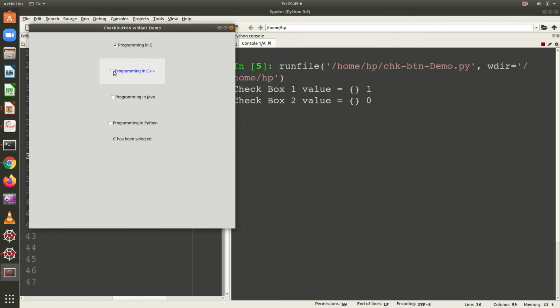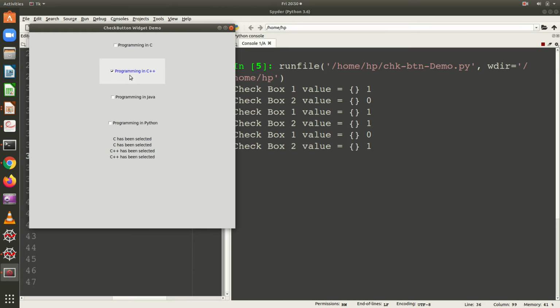And when I check the second one, both the checkboxes are checked or on. So I have got C has been selected, C++ has been selected, and both the check boxes are now having value 1 and 1. Now when I uncheck the first one, only C++ has been selected, and checkbox 1 is having value 0 and checkbox 2 is having value 1 because this is checked.